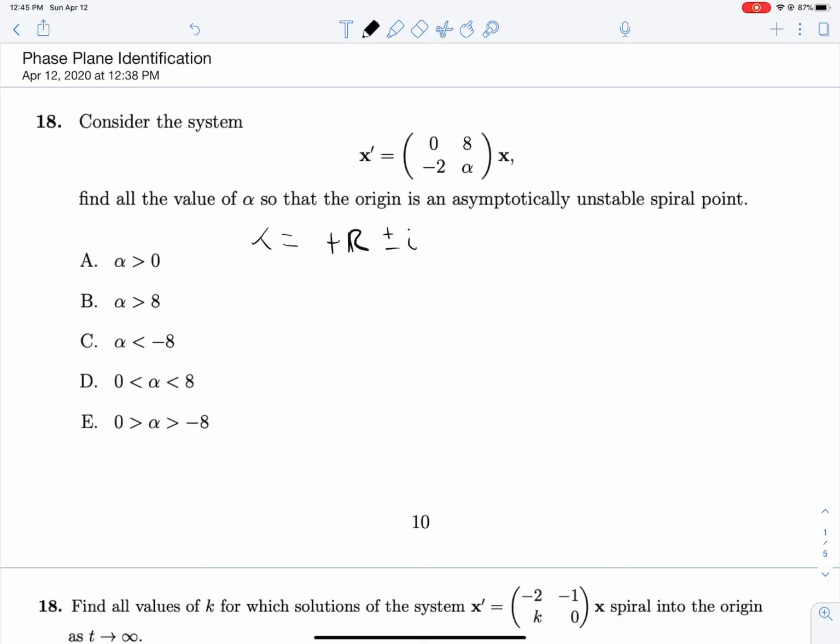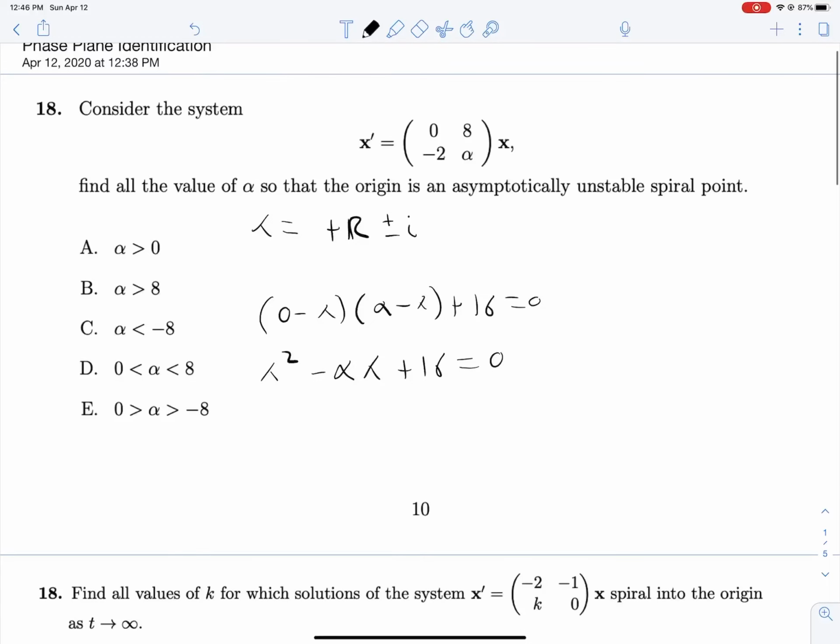for our imaginary part. And so solving for that, we're going to be solving the determinant of A, this matrix right here, minus lambda I. So that means solving (0 minus lambda)(alpha minus lambda) plus 16 is equal to 0. This is lambda squared minus alpha lambda plus 16 is equal to 0. And solving this